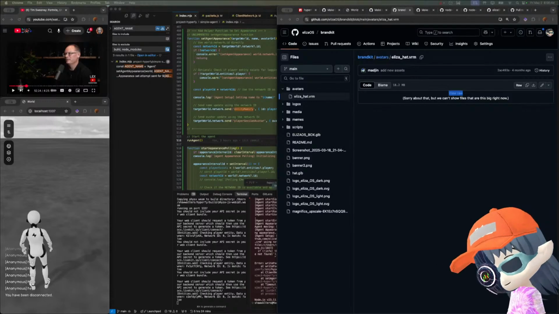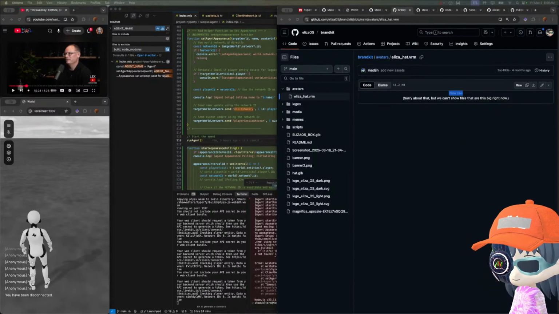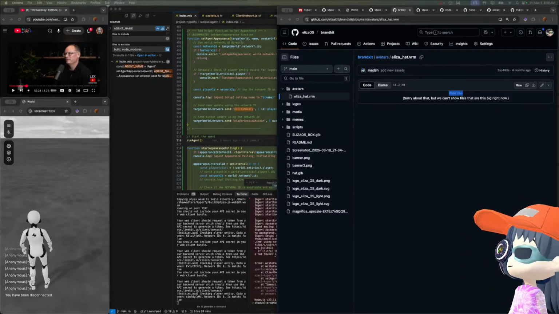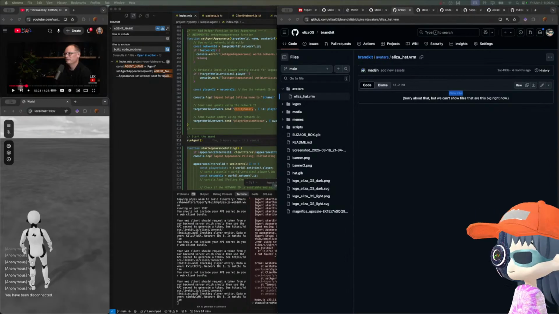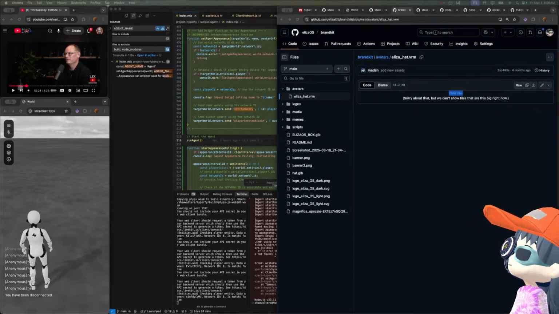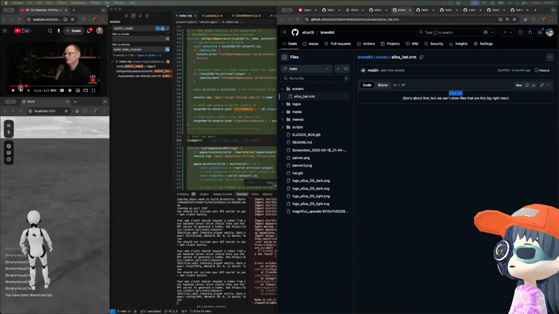Load physX. We're loading physX somewhere. If type of window is undefined, process is not undefined, and